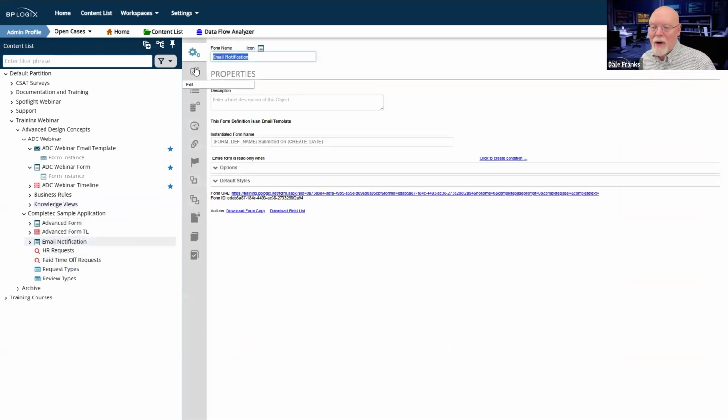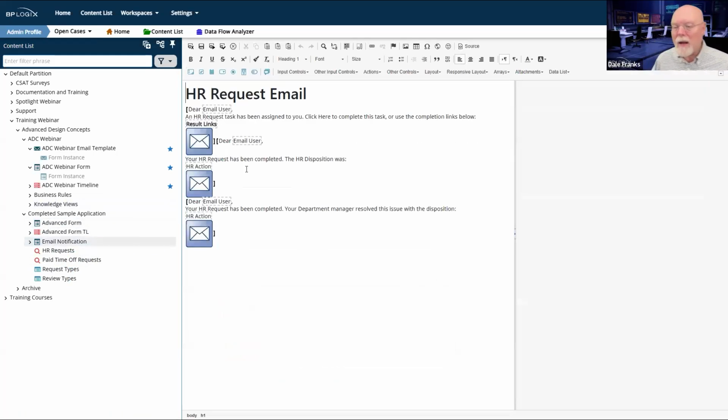And let's go to our email notification and look at it again. So the reason why I have 3 requests here is because I've got an HR disposition that I've got to tell the user about at the end of the HR disposition activity. And I've also got a manager disposition. So I'm going to need to send them a different email if it was the manager who resolved their complaint.